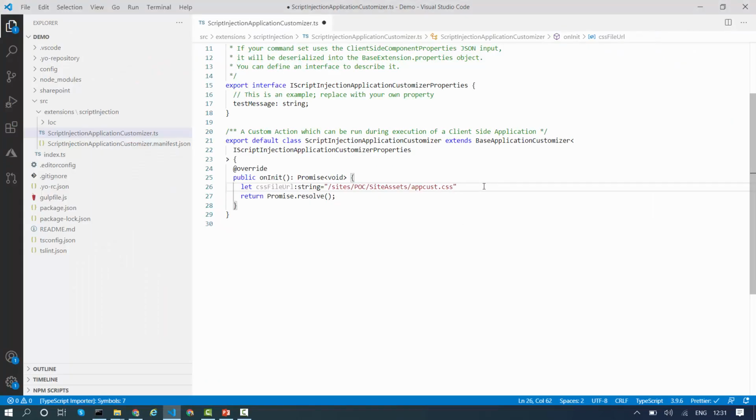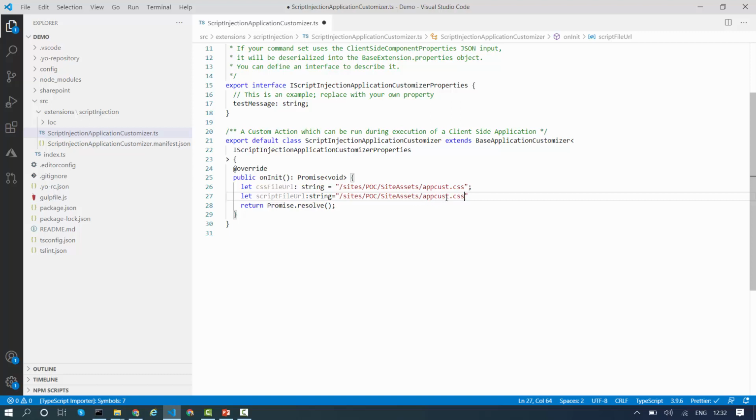Although initially I will just show you the CSS file, let me keep the path of all three files. Let scriptFileUrl, and this is also of type string. I will copy paste the path from here and change the file name, because the path is the same, I just have to replace the file name.